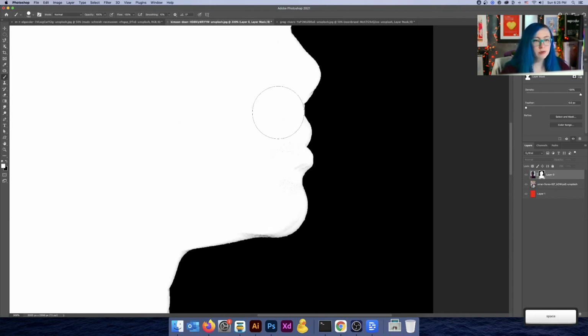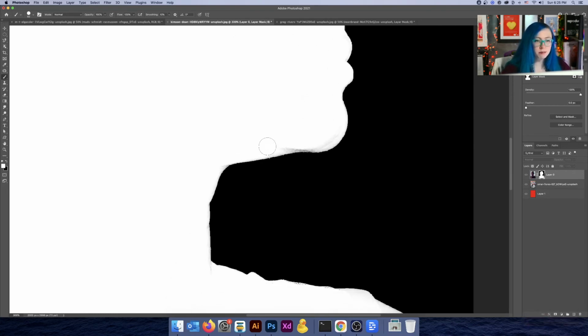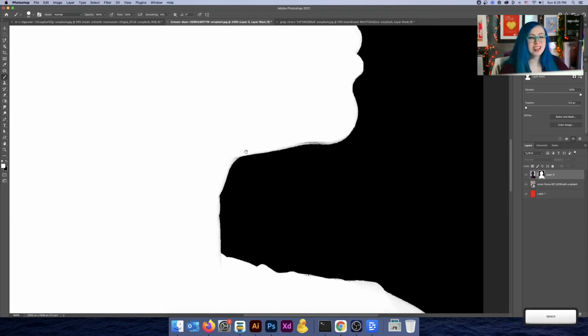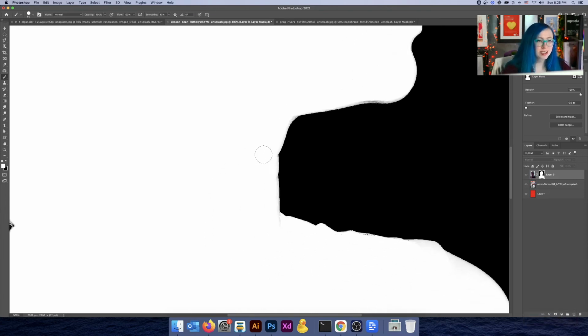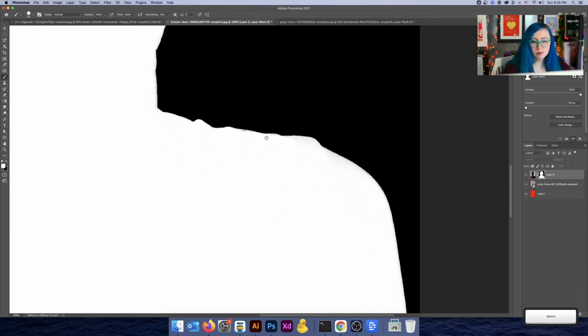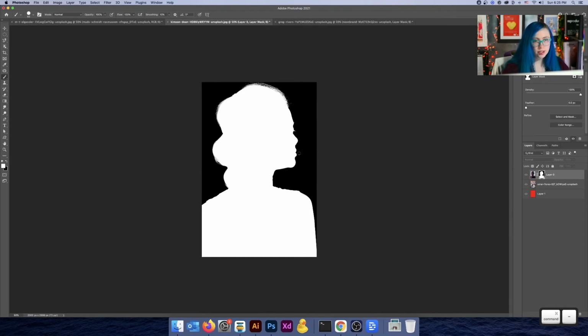using selection tools. This is probably the easiest way to get yourself a PNG out of a logo too. I've used this technique to remove white backgrounds from logos a lot. So when you're a professional designer and somebody sends you this awful tiny PNG that you have to get into Illustrator and somehow get the vector out of it, and you're like, oh my gosh, how do I just remove the white from this logo? This technique is going to be your best friend.